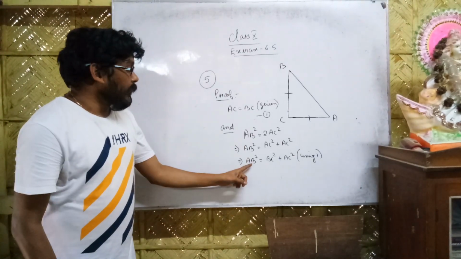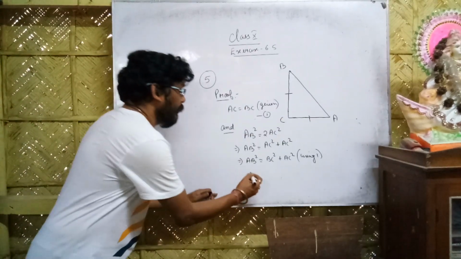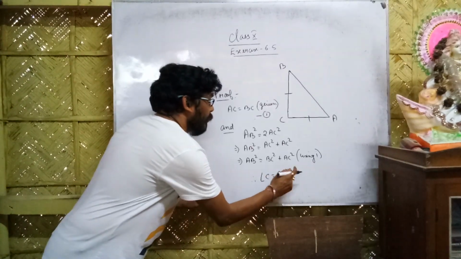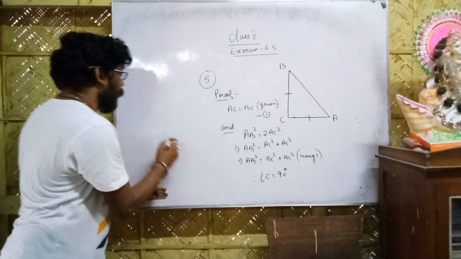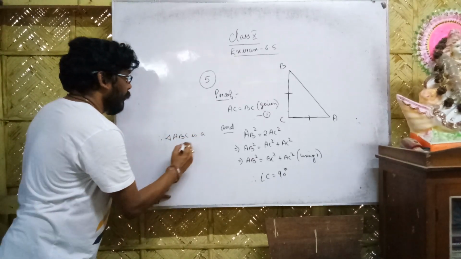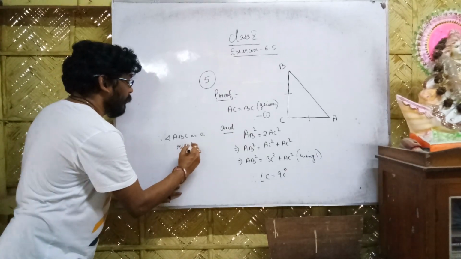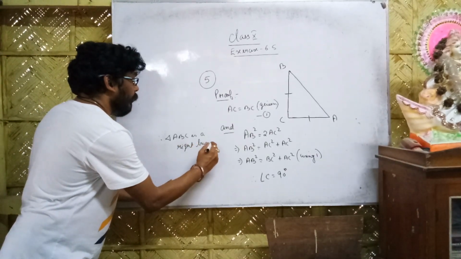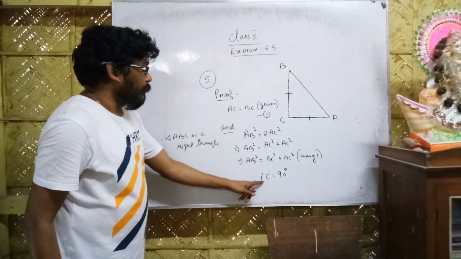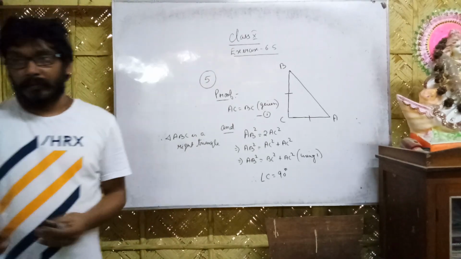Okay, here you see the first side is AB, the opposite angle will be C. So after that statement you can write angle C equal to 90 degrees. So if angle C is 90 degrees, what can we write? Therefore triangle ABC is a right triangle. So this will be your last conclusion of this sum. After the statement you will write angle C equal to 90 degrees, therefore triangle ABC is a right triangle. Okay.